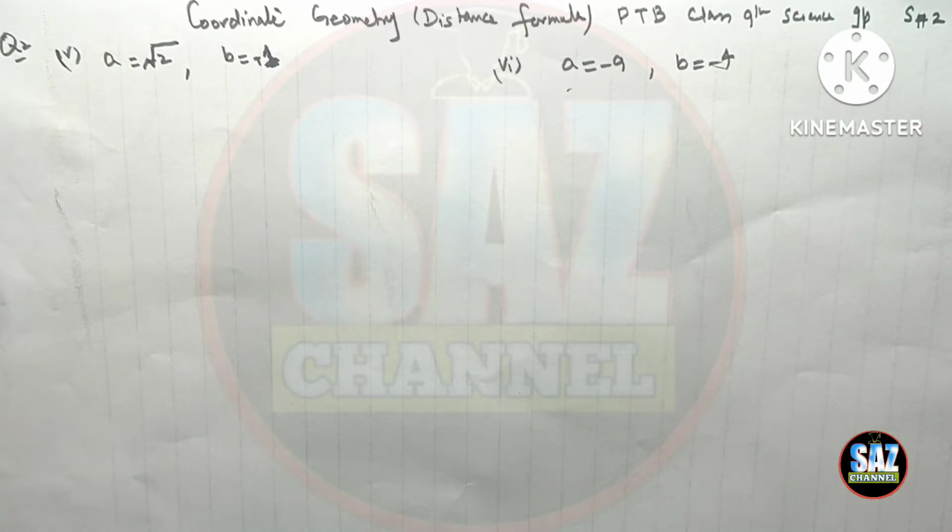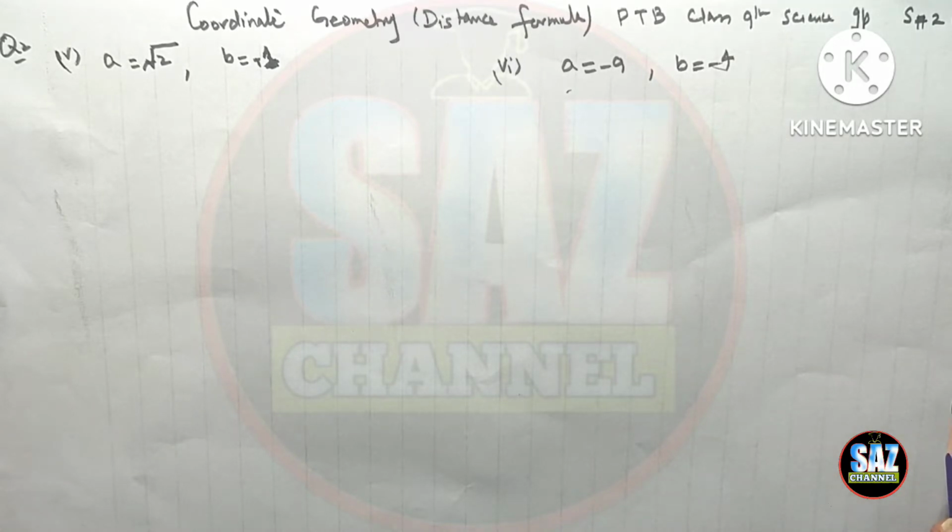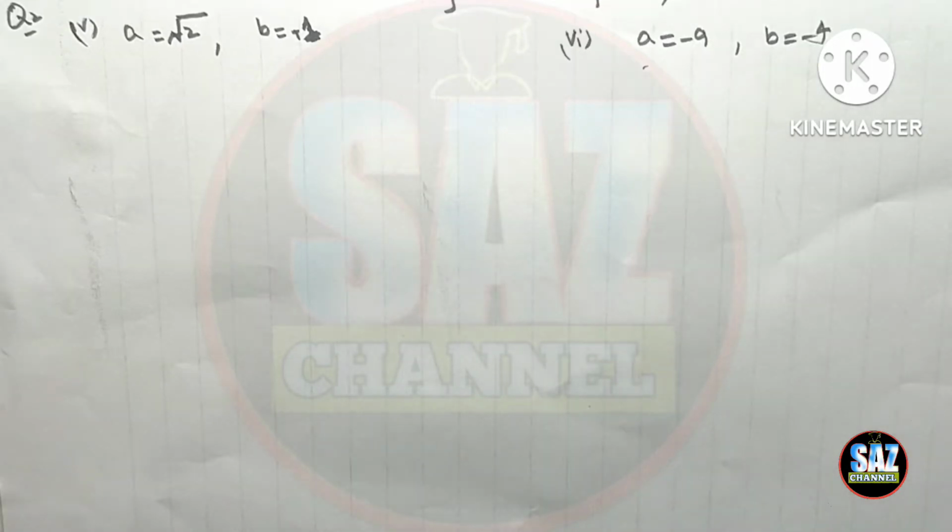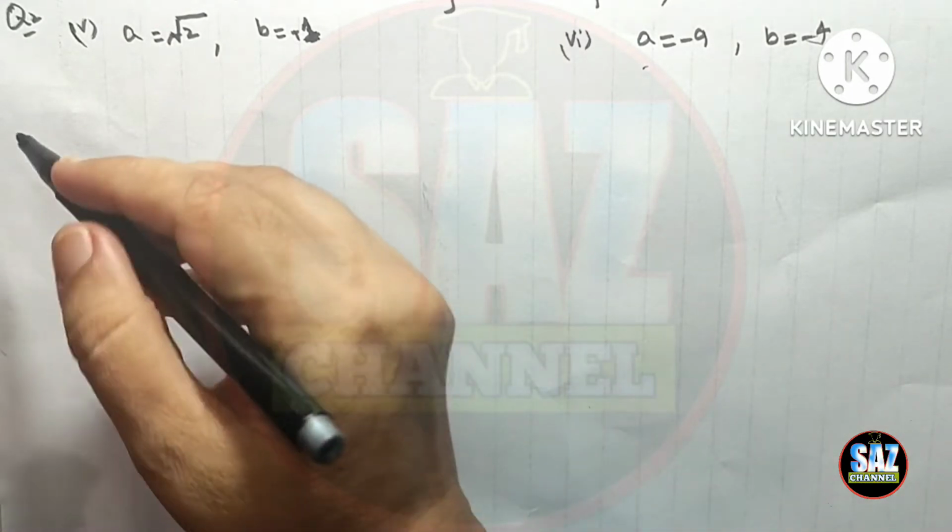This is my fifth lesson of PTP class 9, exercise 9.1. In this class we will solve question number 2. A has a value under root 2 and B has a value 1. I hope you know that A is actually the value of P, and where that P is